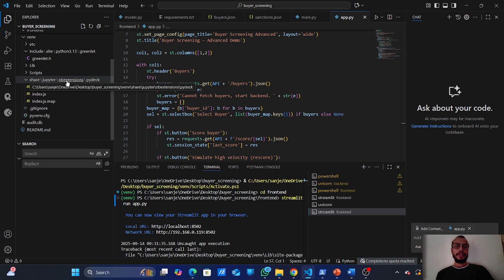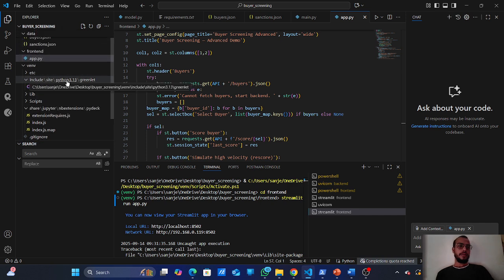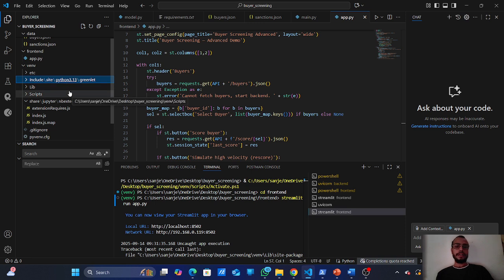In the code, we define a simple classification function. For example, if KYC is incomplete, the system adds KYC incomplete to the reason codes.